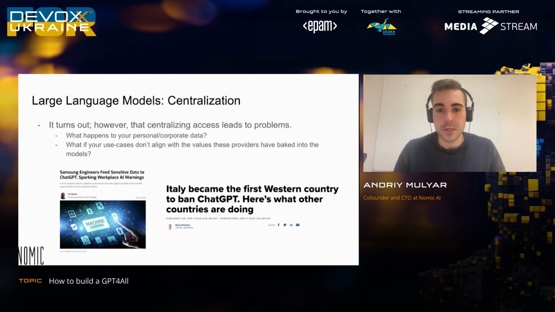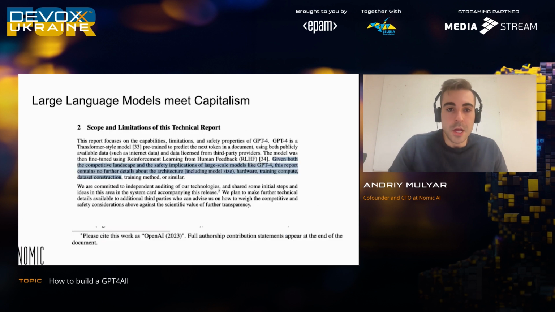And also Italy. This has obviously been overturned. This is an article from April 4th where a lot of these developments were happening: March, April, May. Italy was one of the first countries to ban it. It since has unbanned it, but there are a lot of issues when technology like this is only accessible through a few parties. So this all goes to say that there's many things going on that are sort of non-competitive in this space.